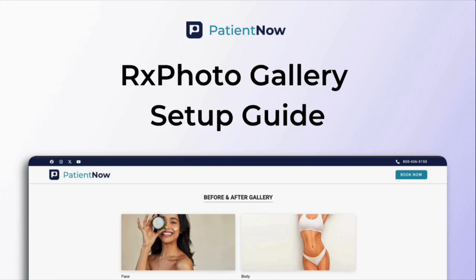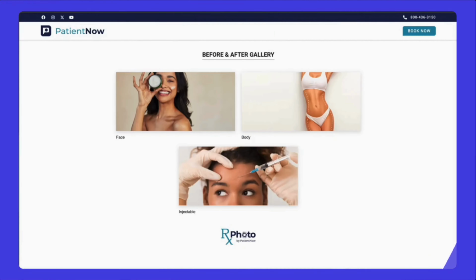In this tutorial, we'll walk through how to use the RxPhoto gallery pages, how to create a new gallery group, add a gallery, and upload before and after images. You'll see how to add titles and descriptions, and how to save your changes along the way. The RxPhoto gallery lets you use an iframe or WordPress plugin, so we can easily embed the gallery right onto